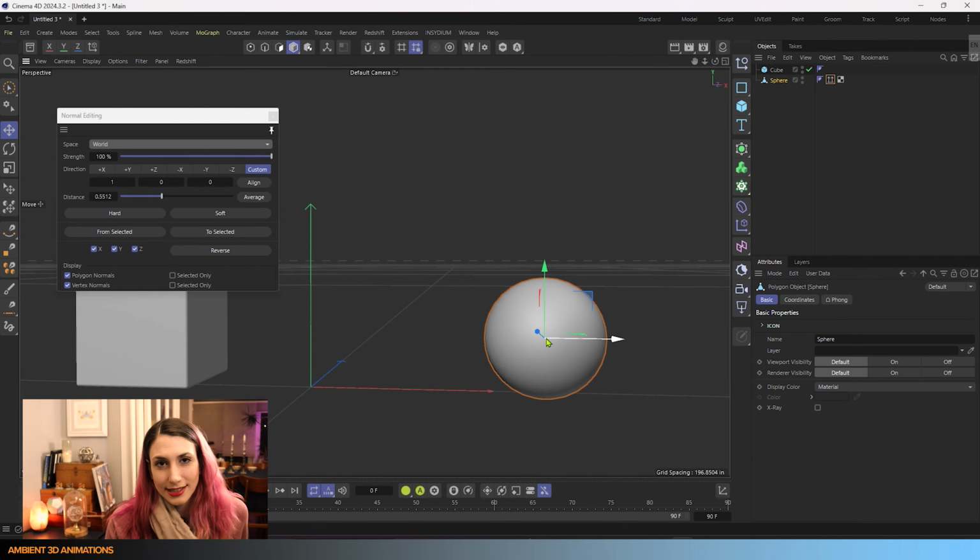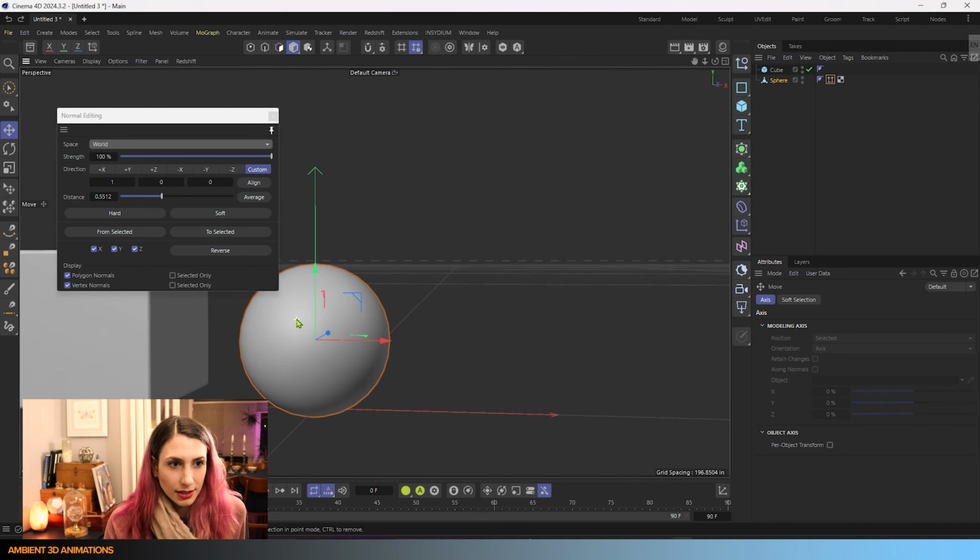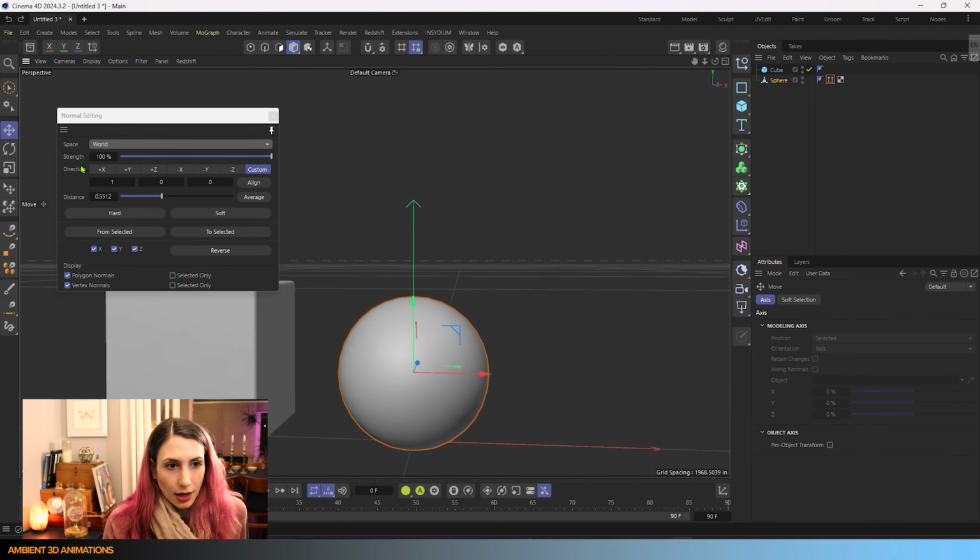You can see our sphere has an axis, and right now it's pretty much lining up with the world coordinates, but if we were to rotate this around, you can see that the world coordinates and the object coordinates are different. So you get to choose which ones you are using while adjusting these values in here to adjust the normal directions. So I'm going to hit undo, just so you're aware that's there, and we'll go through some other